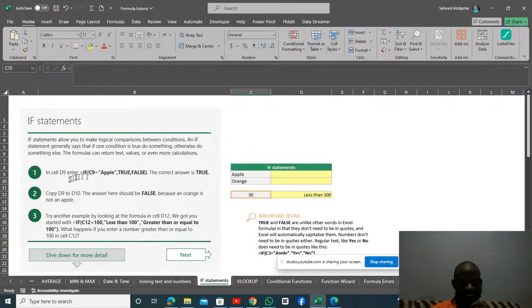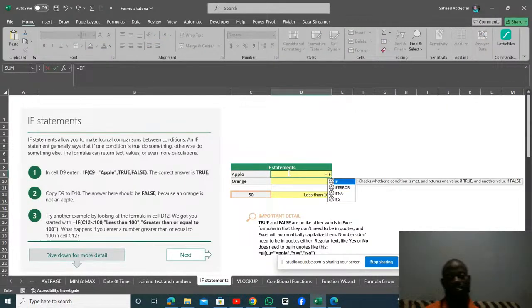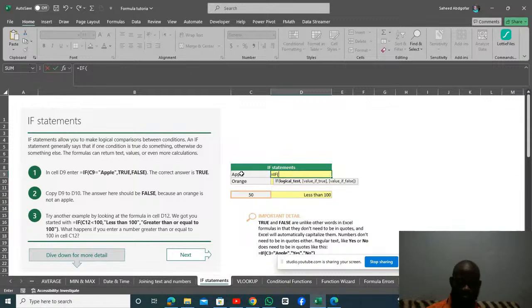Inside D9, here is our D9, we say that if this cell is apple, then you should say true. If it is not, it will be false. So if everything that is A, if this thing here is apple,